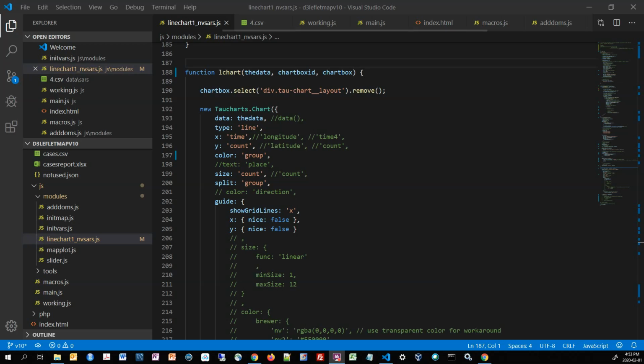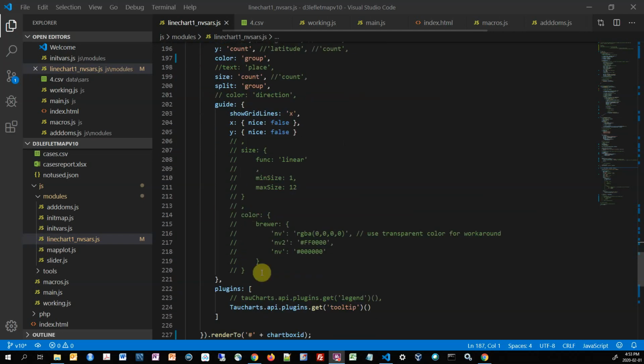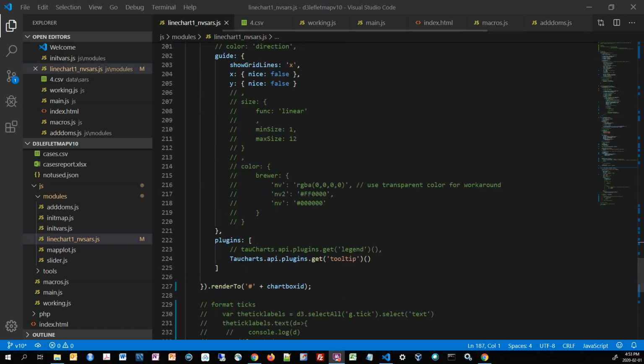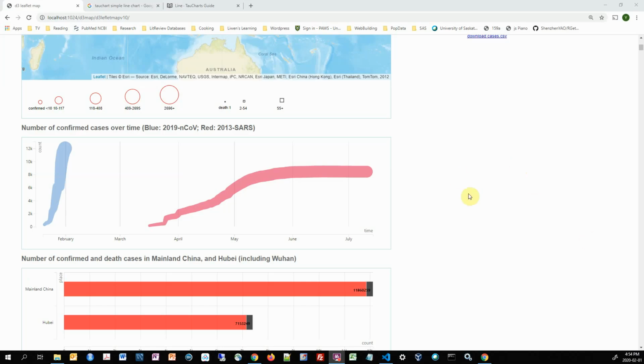In my case, I simplified that a bit. Many of the functions I did not use. And with that, now I have this chart, and you can see how the number of cases is growing over time, and how that compares to the SARS in